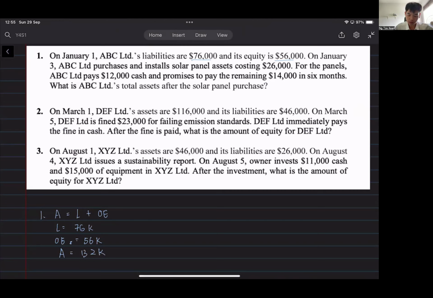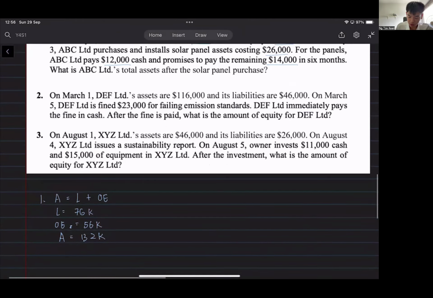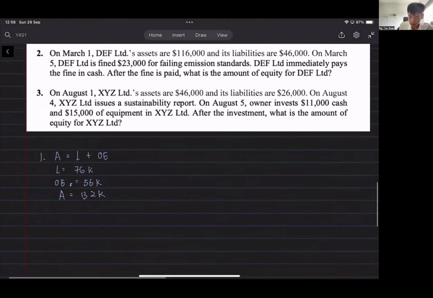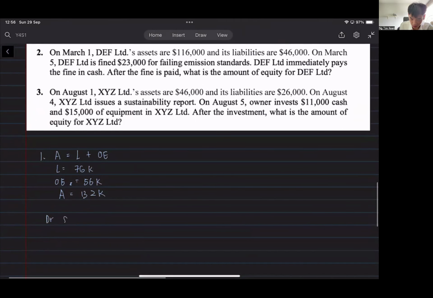And what we are told is that ABC company has purchased a solar panel for 26,000. And for the panels, this will be the breakdown of cash and the notes payable. And we can form the journal entry for this transaction. So when you purchase an asset, you would debit the solar panel,